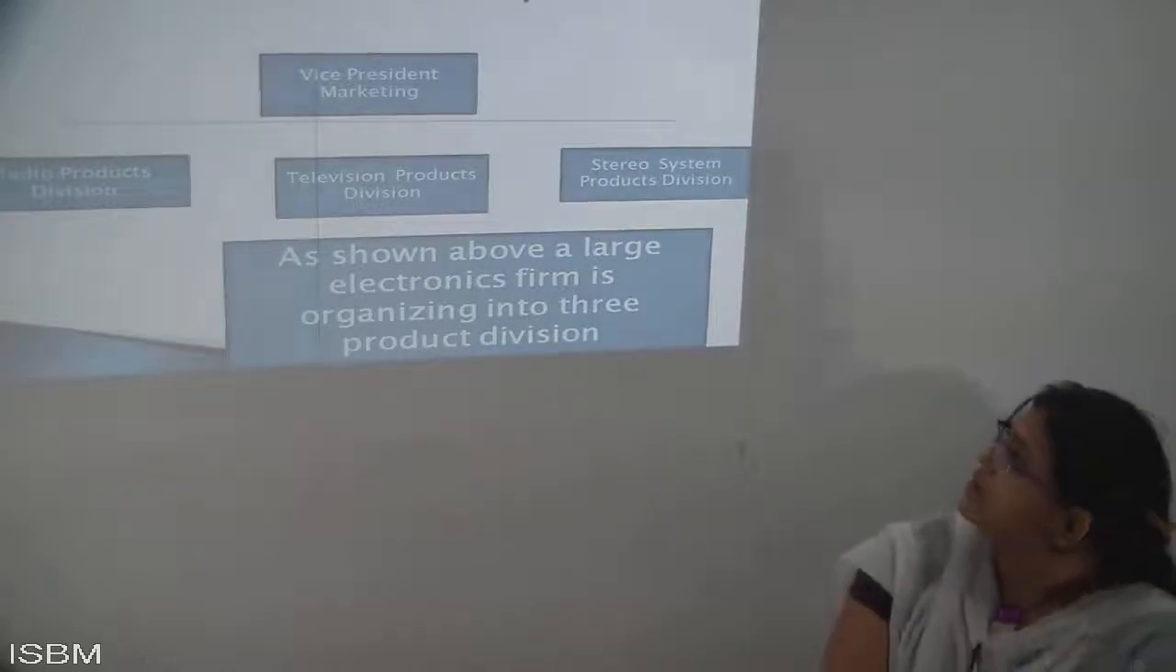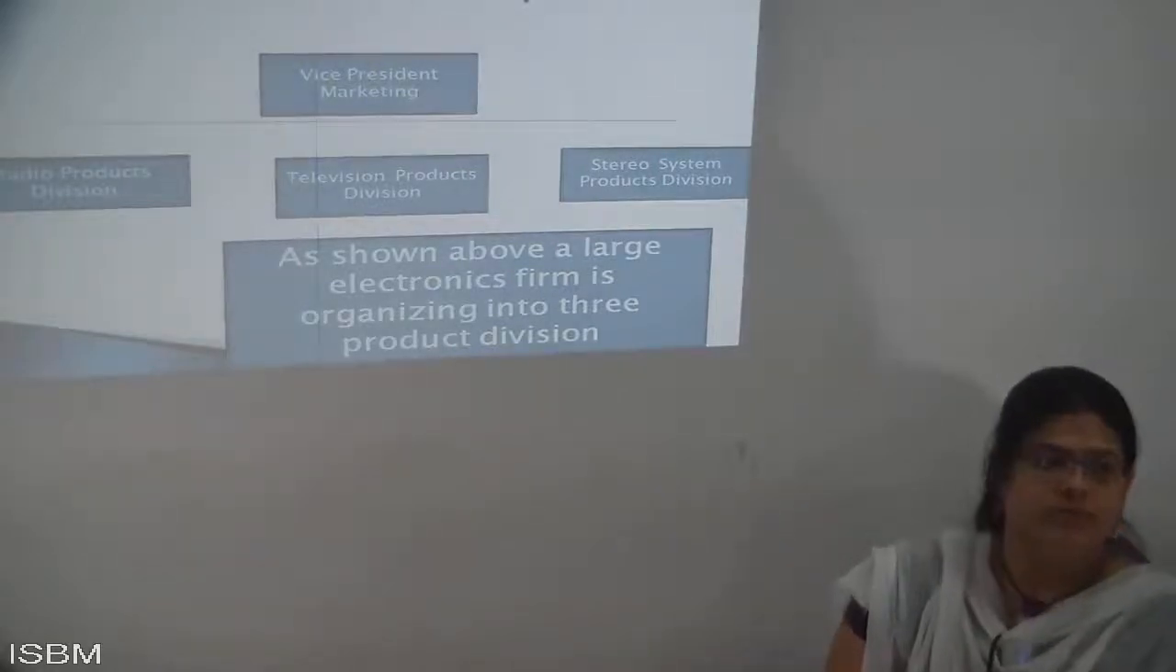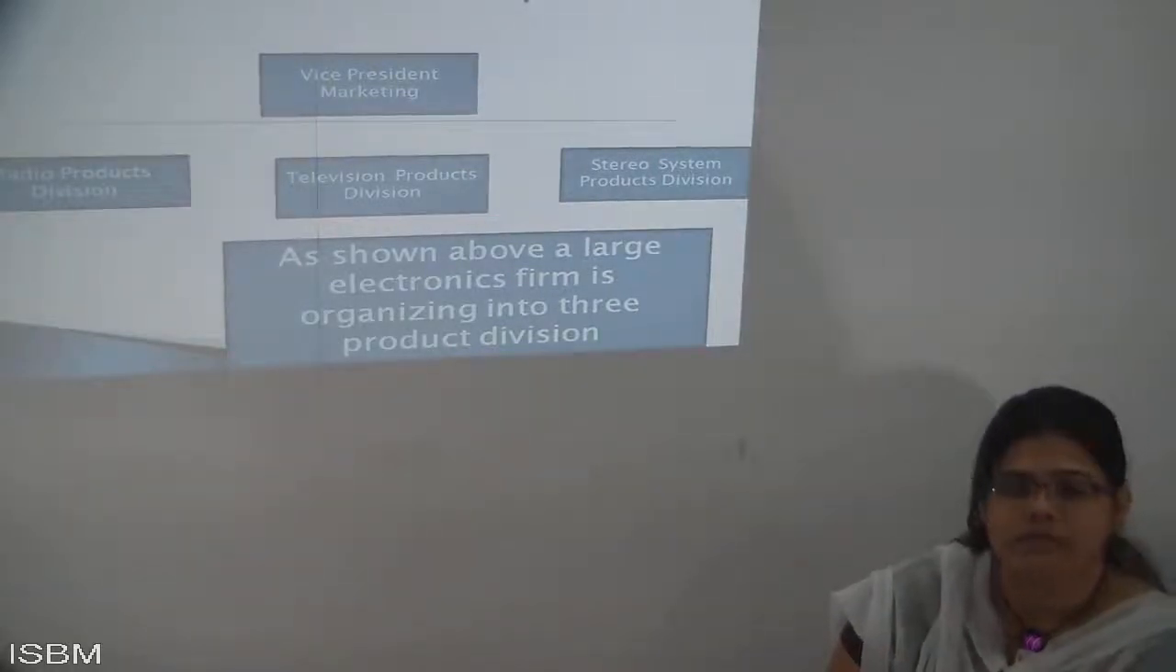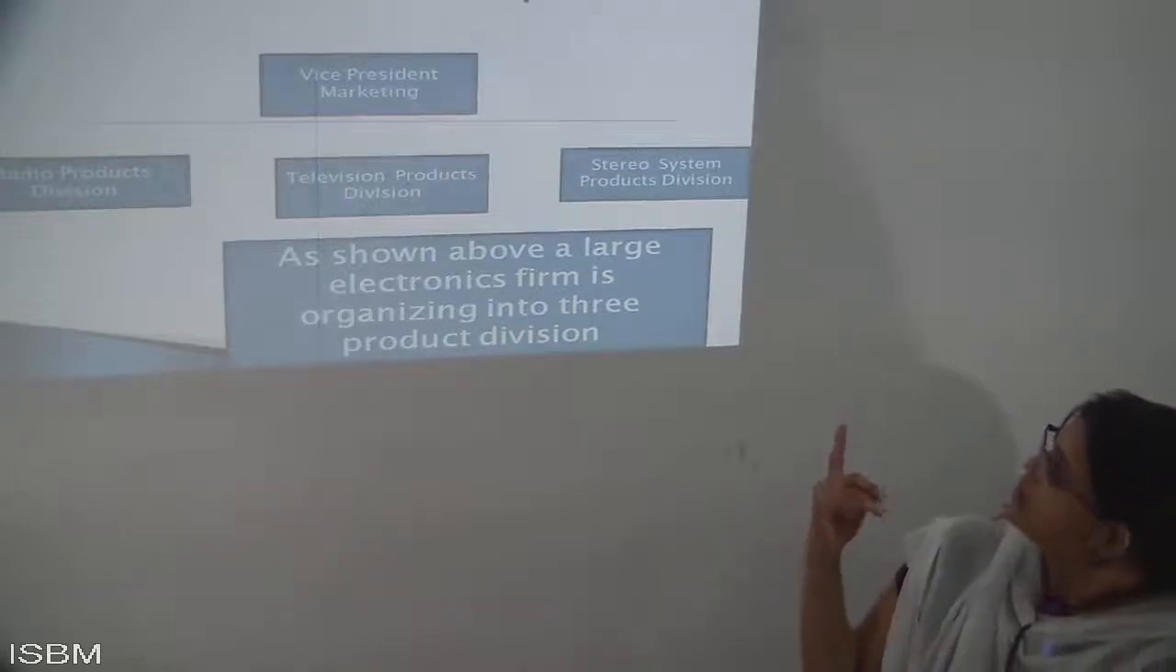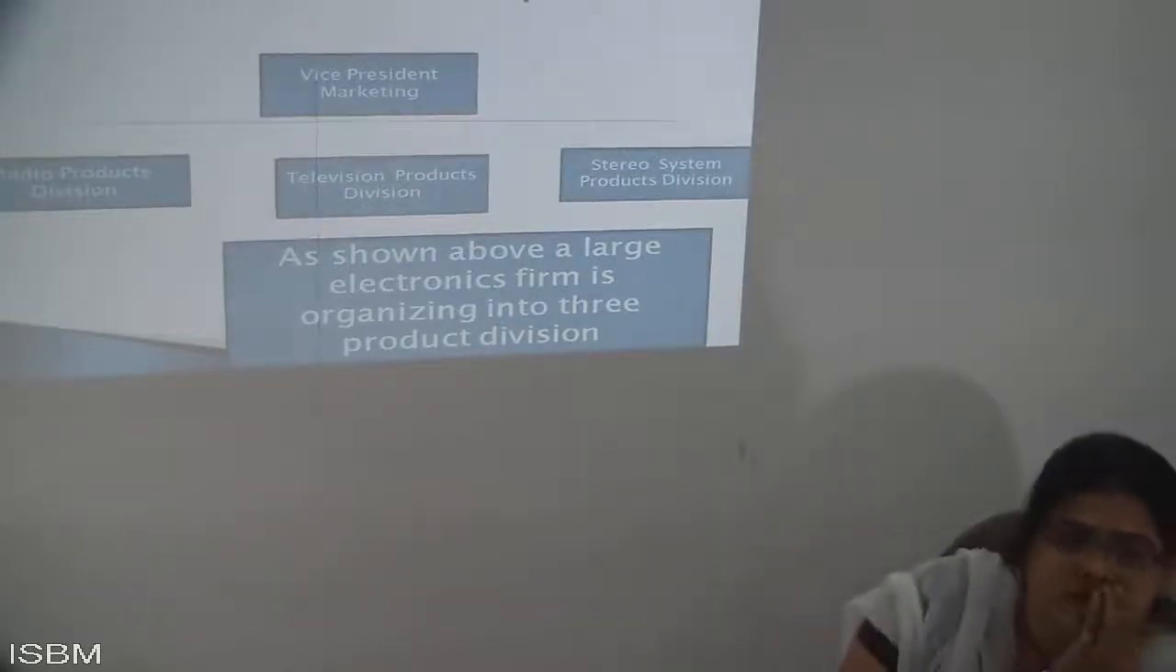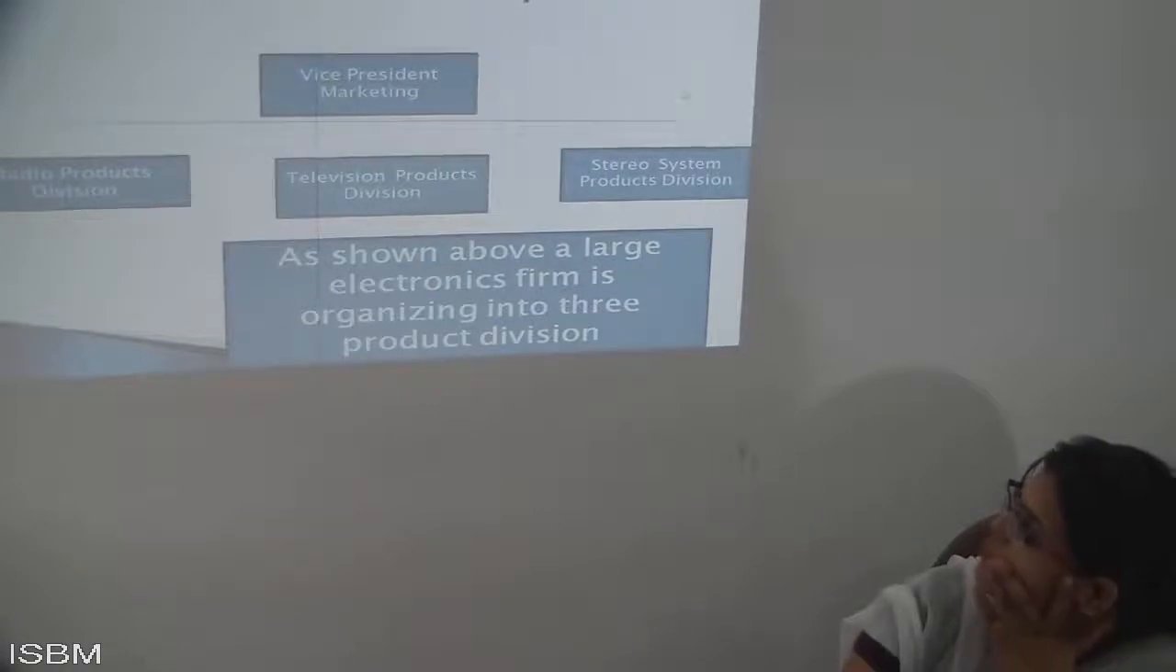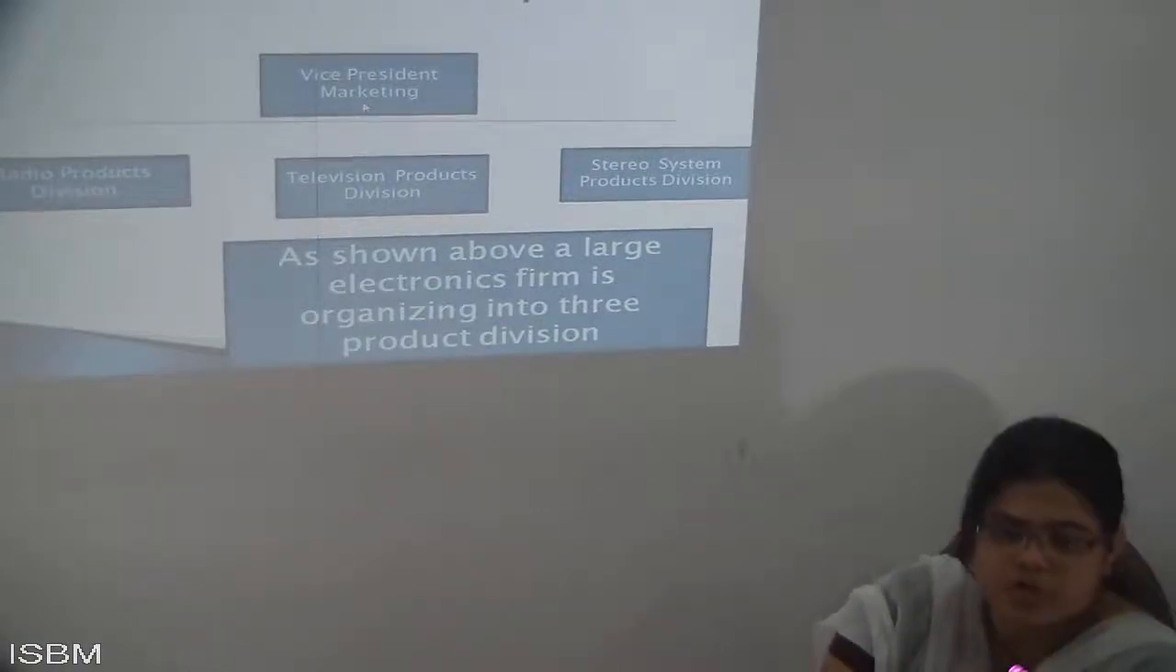Because this is departmentation by product: first it was given with the help of function, and here it is given with the help of the product. So the vice president of marketing is related to the product, whichever product is related to marketing. So now here you have a different